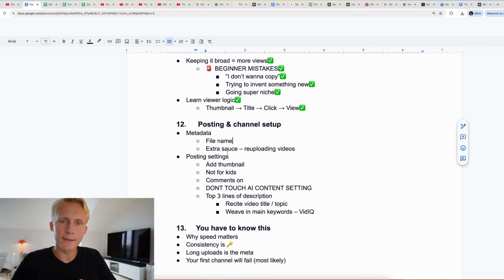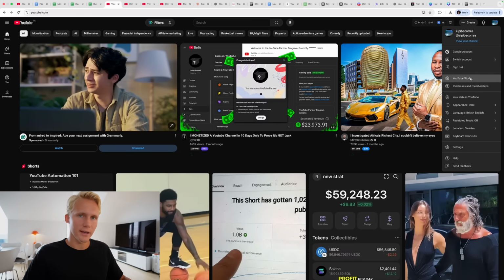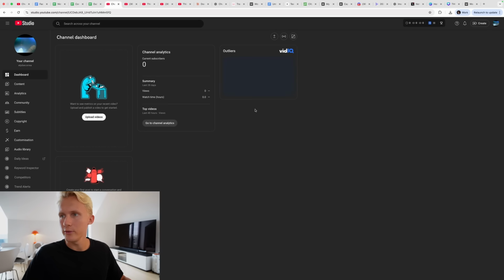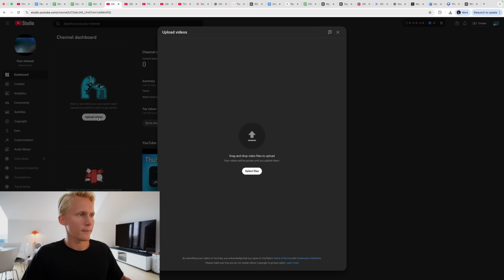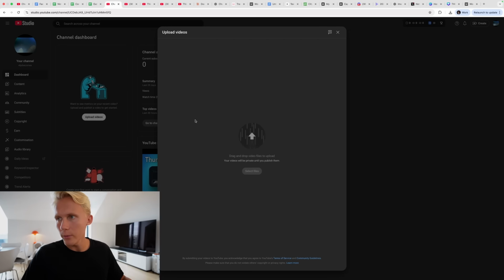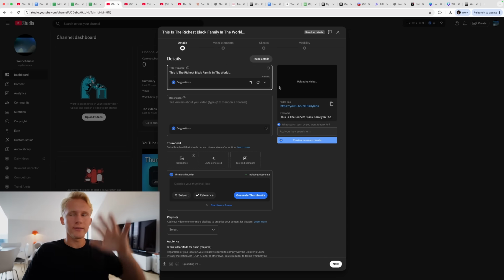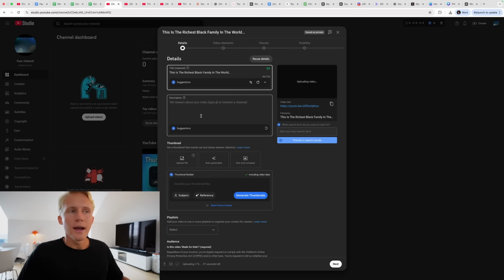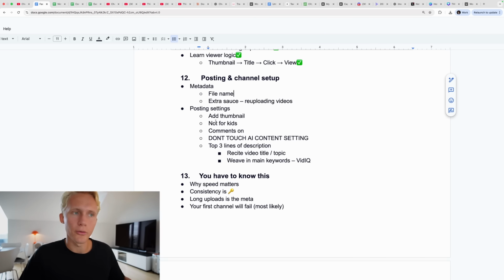But now this takes us onto the posting settings. So this is just a random channel. I would simply go to the YouTube Studio in the top right corner, press on the upload videos button, select your files, in this case the MP4 for the video, like this, boom. You'll see that it uploads, you'll be taken to this kind of interface. And now we can start going through the list that I prepared for you guys. You can also just take a screenshot of this and use it for reference when you post your own video.